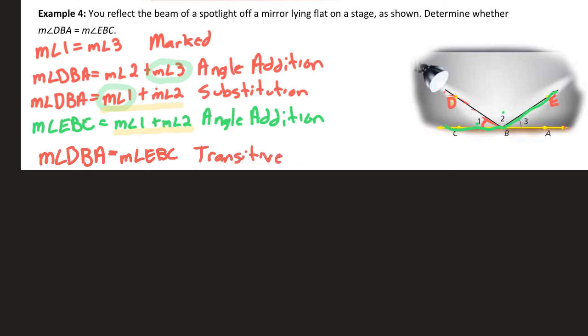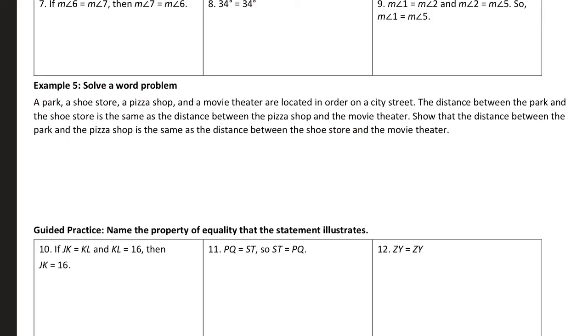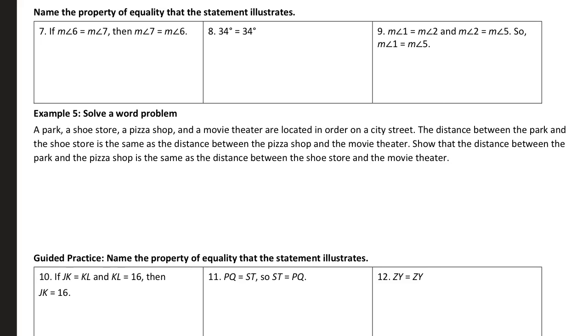I know that's a little confusing at first, but if you think about it, if they're both equal to the same thing, they're equal to each other. So if they're both equal to this sum, that means that they are equal to each other. Okay? So, moving ahead, I just want you guys to see if you can translate from the properties on the previous page to the properties that are shown by these 3 examples. So try these. Actually, for these, I'm going to go through these with you. Never mind. I want to go through these with you, because then I'll have you do the last few on